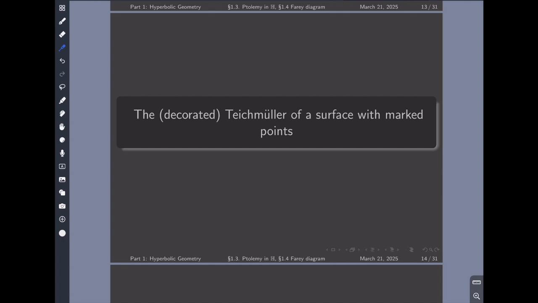But there has to be a slight change of perspective, because of the following. Our opening question, our starting question was the following. I give you a polygon, let's say with one distinguished vertex. And then the question is, in how many ways or how many different hyperbolic metrics can I put on